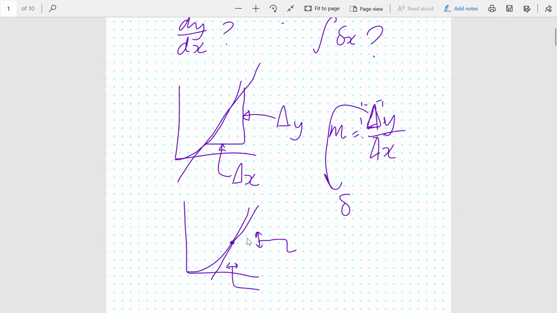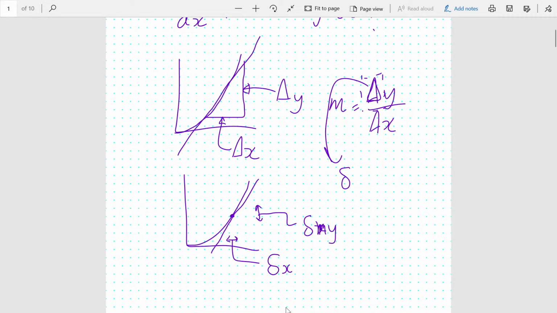Since it's an infinitely small change, almost zero, you can almost treat it as zero. This is the delta y and this is the delta x, because it's an infinitely small change in y over an infinitely small change in x. And of course you've got the gradient m of this curve at some x would be dy over dx. So that's basically why the gradient, or the differential, is called dy over dx,